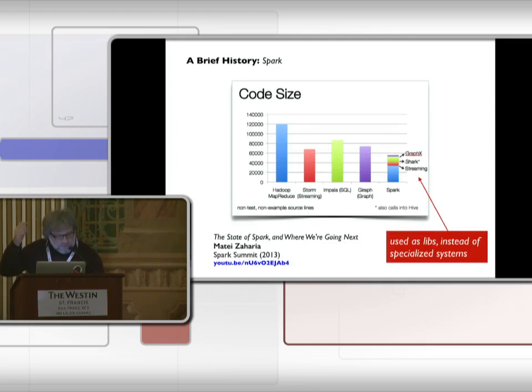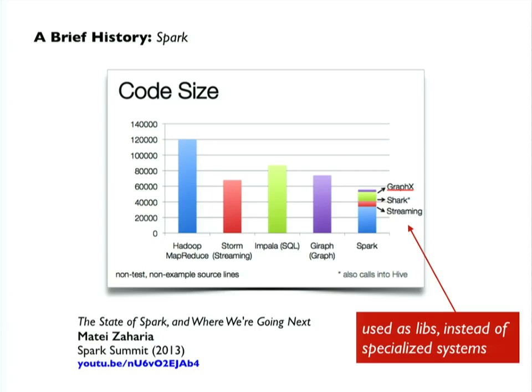So, we see proof in the pudding here, where if you compare the code base, it's interesting, just as a metric, to take a look at the amount of lines of code in terms of the MapReduce API for Hadoop, certain number of lines, getting the streaming function out of something like Storm, certain number of lines, looking at a SQL implementation like Impala, looking at Giraph. If you compare that with what's in Spark, just off of the basis of RDDs and all in Spark, and then adding these other libraries for streaming and graph, et cetera, it's about a 7-to-1 ratio in terms of the amount of code. And, putting my engineering director hat on,